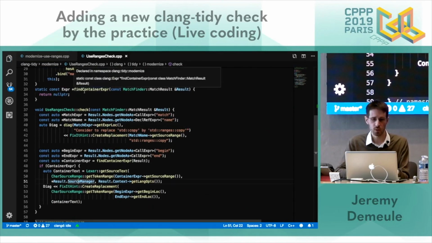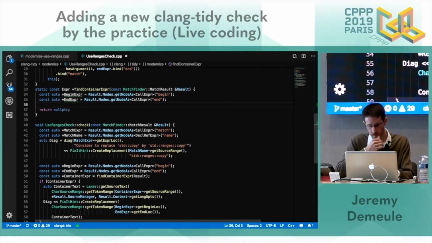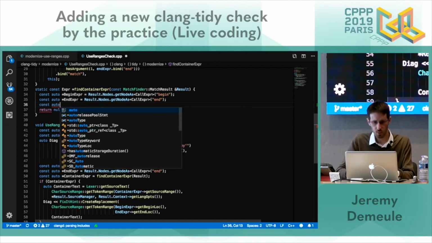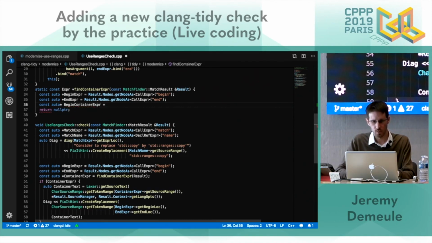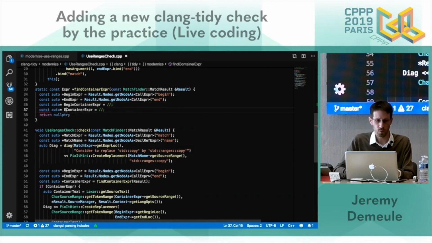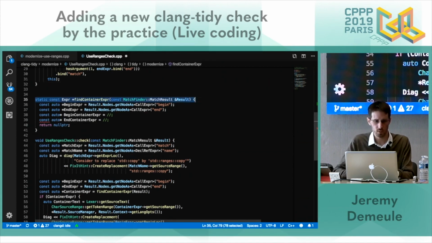Now what we have to do is to extract the container stored inside my begin and end expressions. So we manipulate that. Let me copy paste them. We also need to verify that the container expressions, let me name it begin container expressions. So we will have some things here. And we will have the same for end. So let's do that later.